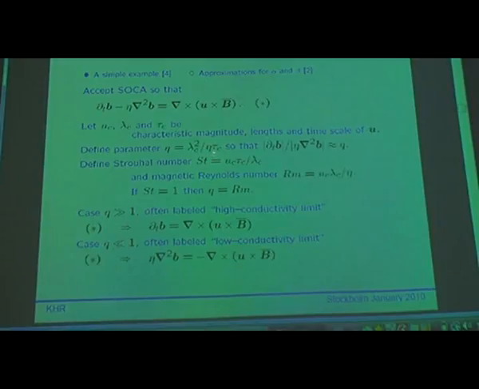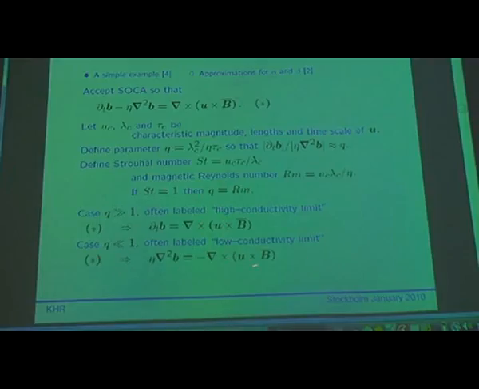It happens, for example, if eta tends to 0, and then we speak of the high conductivity limit, but this notation is a bit misleading because it can also happen for very small tau c with a finite eta. And the other case is small q,